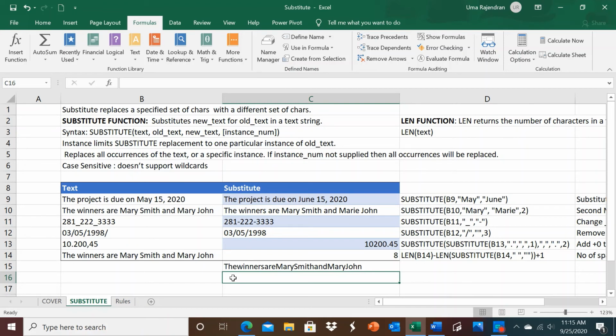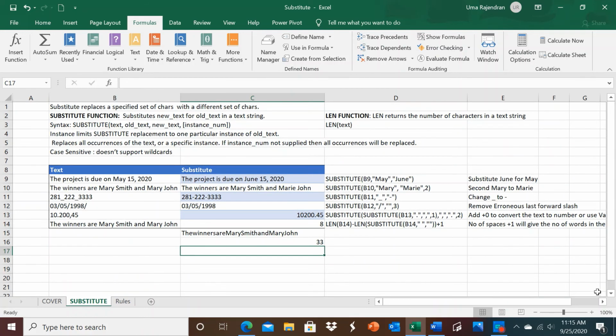And next we will find how many characters are in this string by using the len function. So len, and the text is this one, and there are 33 characters in that text. Now we will find how many characters are there with the spaces,